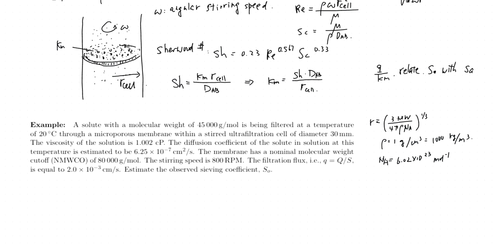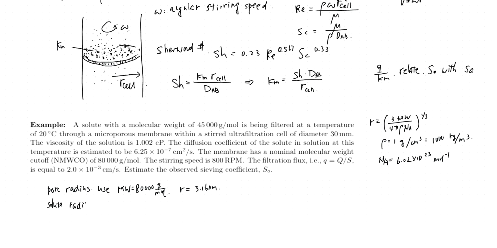So that means we can figure out the pore radius and the solute radius. To find the pore radius, use molecular weight equal to 80,000 grams per mole, and you get R equal to 3.16 nanometer. And the solute radius,